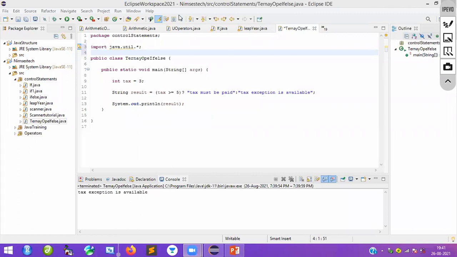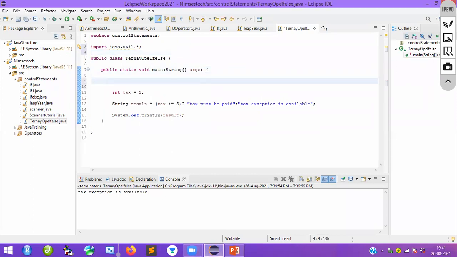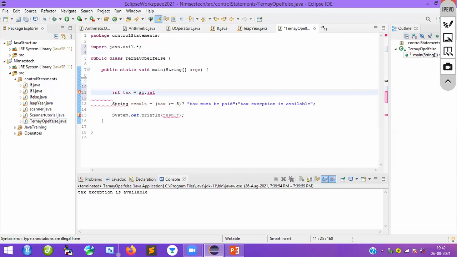Okay, you do it. Very simple. What is there in that? Just take the scanner. Here you have to mention the scanner object, new Scanner, you apply. Again sc dot, object dot, call the method, and apply it to this particular variable here. Very simple. So remove this one. What you are going to do? sc dot nextInt, next int.